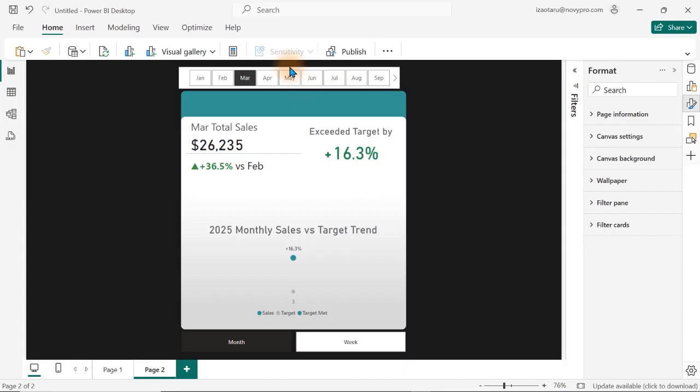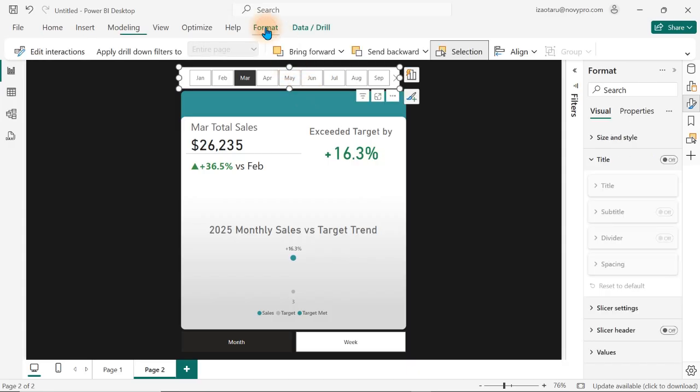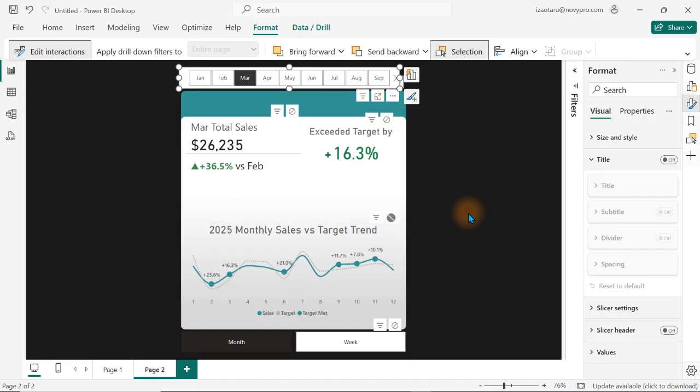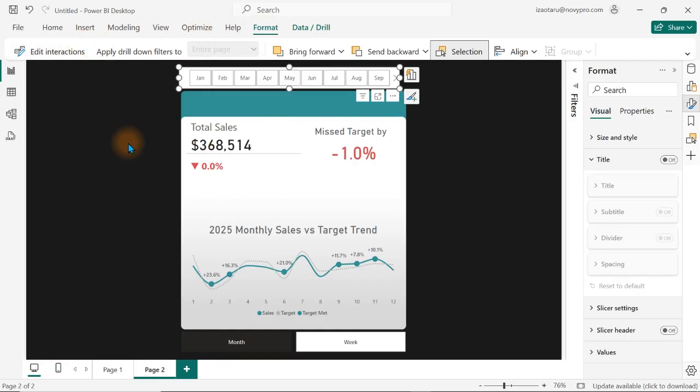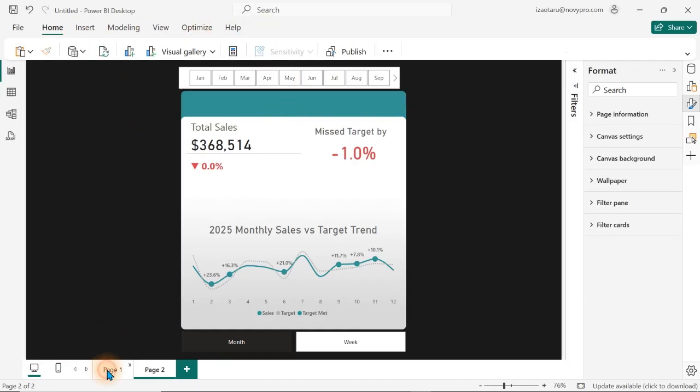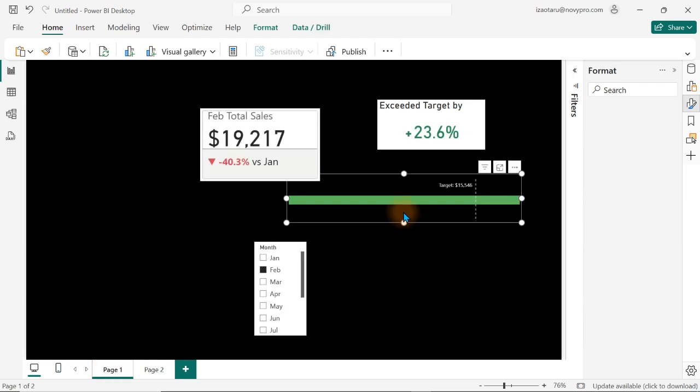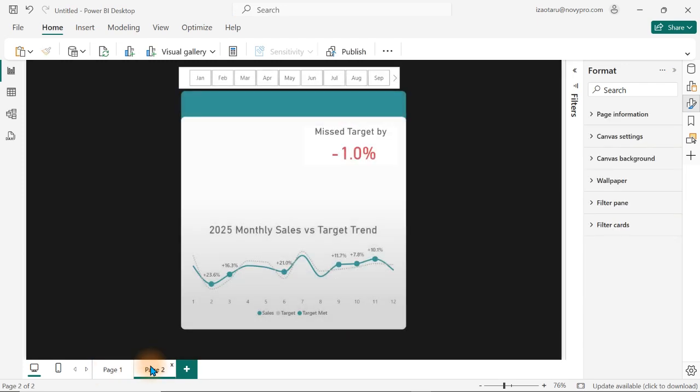So let us click on this particular slicer here and go to format, then click on interactive. So now we'll select the month. So now it's not affecting the month again. So here we go. So go back to format again and move it. So now we go back to page 1. So we click on this one, we Ctrl C, we go over here, we click over here,